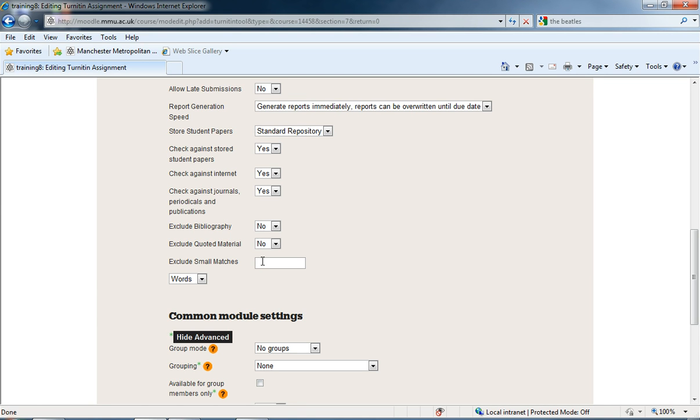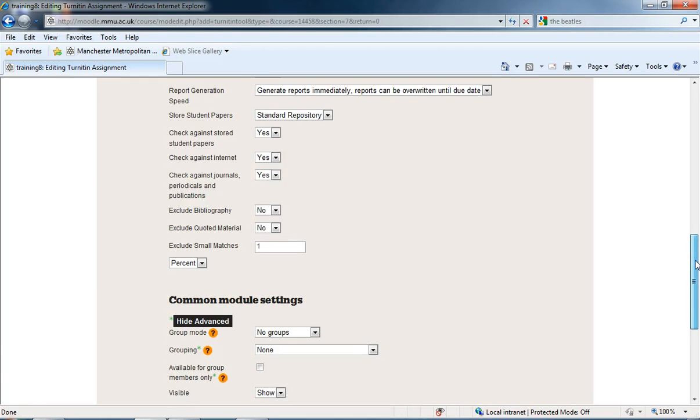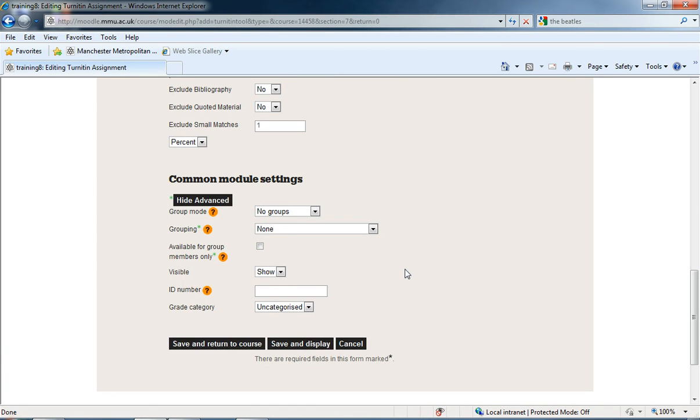We can exclude small matches, so if we want to say 10 words, or you can set to a percentage as well, 1%. What that will do, if there's lots of little bits which are coming up as copied, then it won't take them and it will give you a much more rounded overall percentage of plagiarism, because it will only look out for big paragraphs and things like that. Okay, so below that we have our common module settings, which are standard to Moodle, but I just want to save